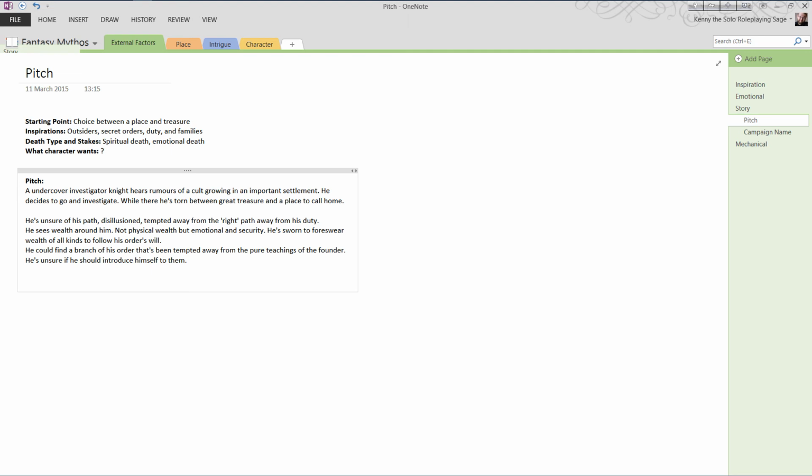So let's have a look at making this pitch a bit stronger. I have a knight belonging to a secret order who is being tempted away from his duties and vows.